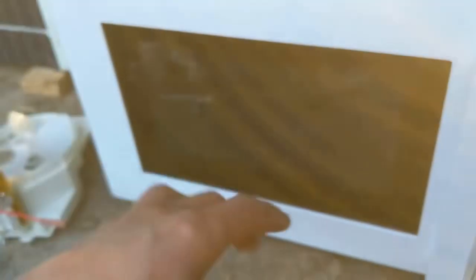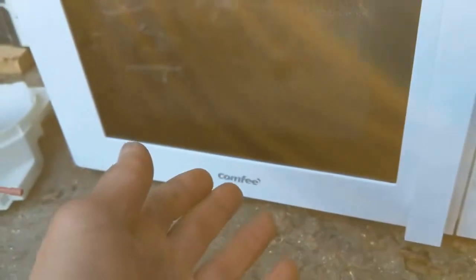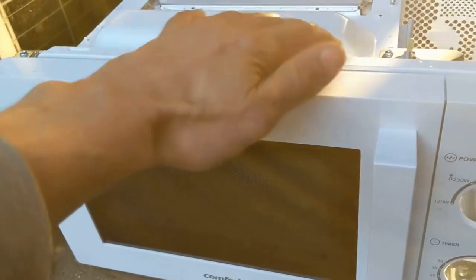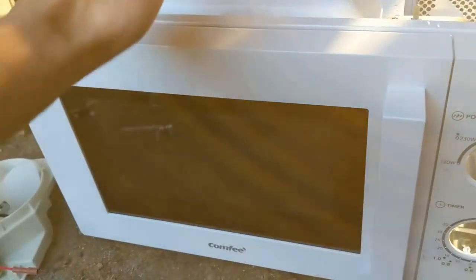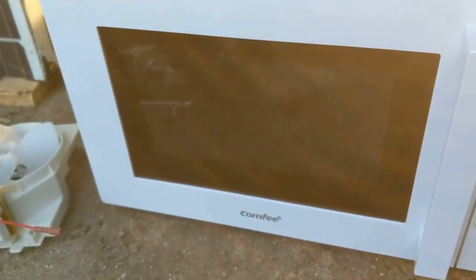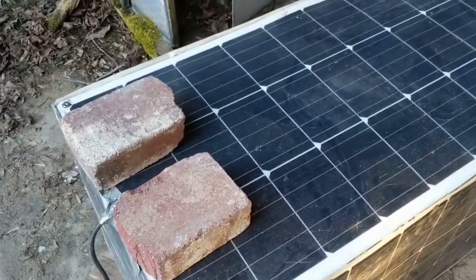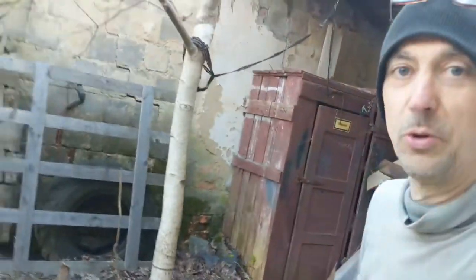But this also works here. If you put a smartphone in here and close the door, the signal strength only goes from very good to good. But if you make an internet call or try to call the phone, the phone was not online. So the radiation getting inside is blocked by the Faraday cage. But from the inside out, that depends on the wavelengths of the electromagnetic waves. And you see here inside, this grid also protects not only the transformer, the capacitor, and the magnetron. And now I will show you the